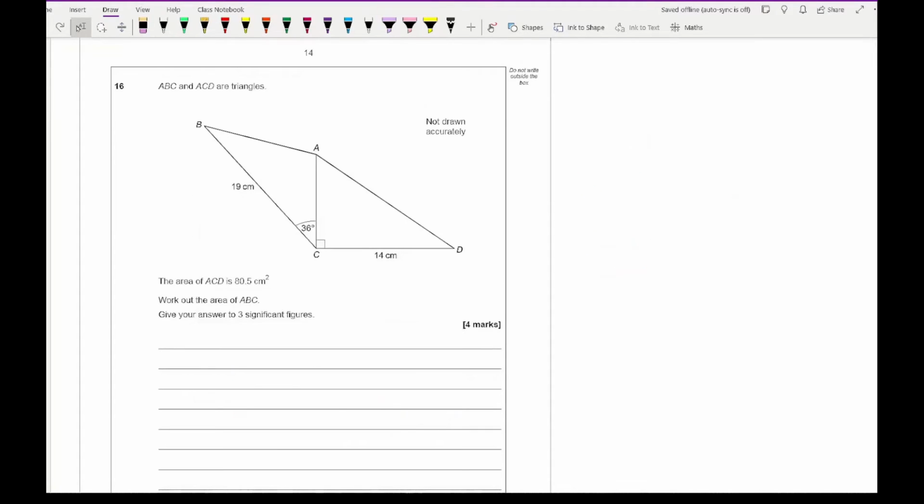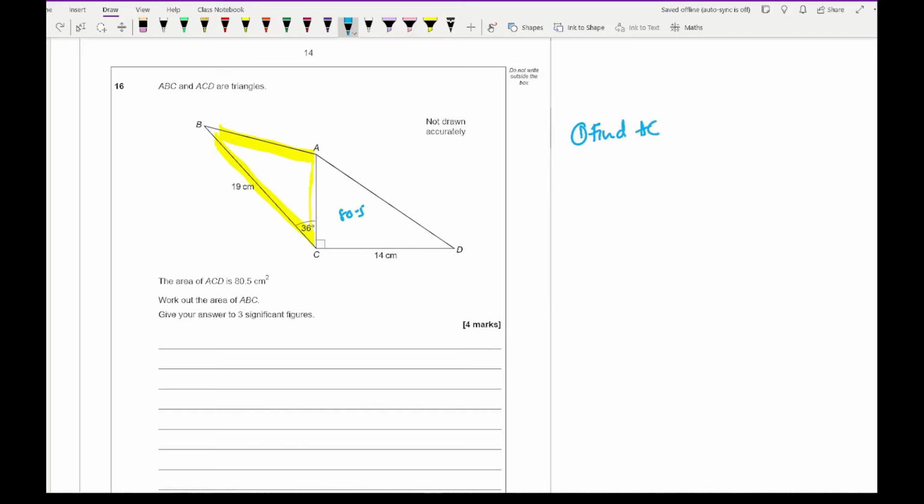So for question 16, it says that ABC and ACD are triangles, and it says that the area of ACD is 80.5. Work out the area of ABC. So what we need to do is work out the area of this triangle here. And this triangle here is 80.5. So the first thing we need to do is find